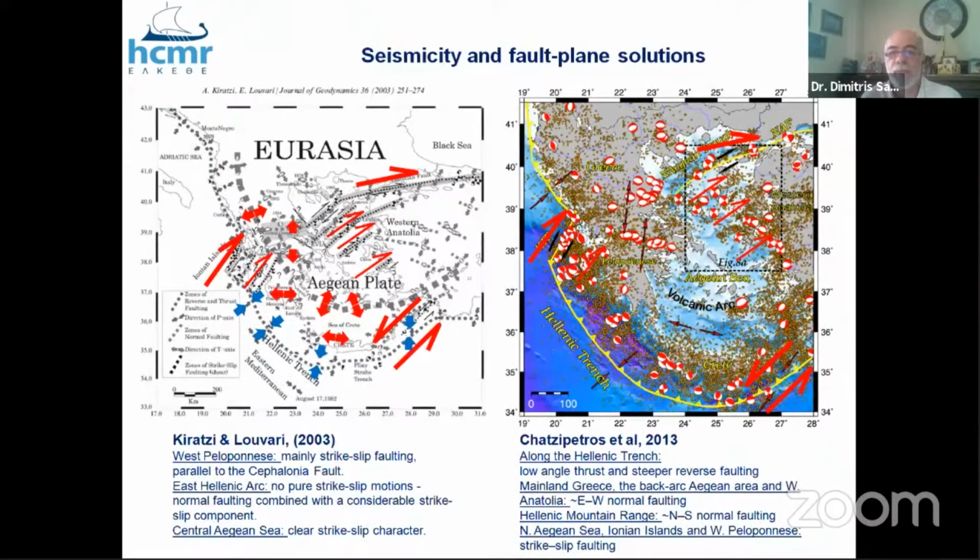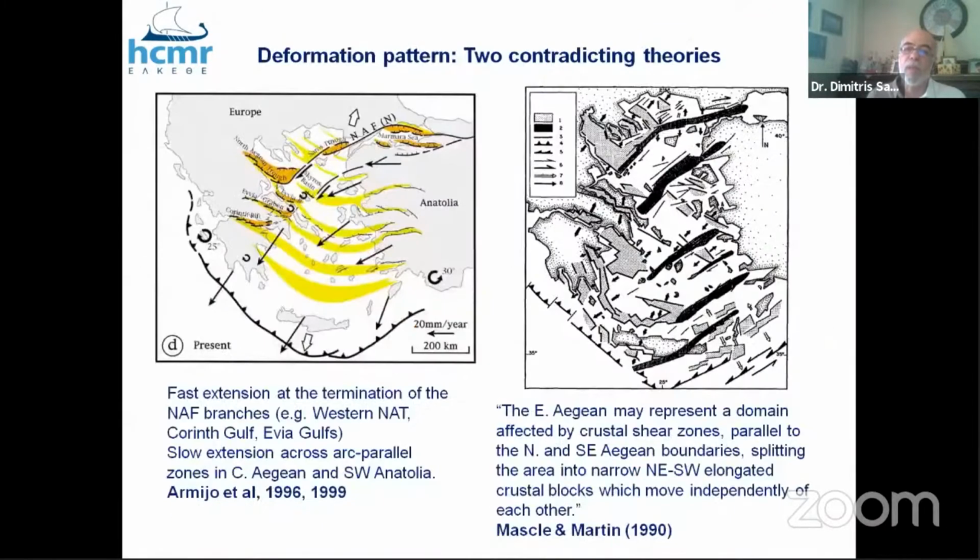In terms of seismicity and fault plane solutions, things are really clear in the North Aegean, where dextral strike-slip dominates along northeast-southwest striking faults and fault zones. Also, the dextral character of the Kefalonia transform fault is evident, and the sinistral character of the Strabo and Pliny trenches. And then the dominant knowledge is that we have an east-west extension and northwest extension in South Aegean. So